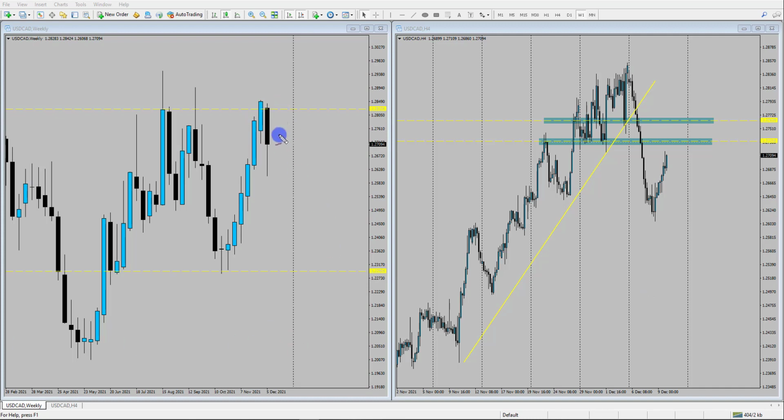Now, if we look at it on the weekly perspective, if price was to drop, where could it go back to? Well, it could go back to the 123 sort of level, which is this low just through here. It could come a little bit shorter than that. It could come up to around about 124.50. But either way, it looks like we are going to see the market push a little bit lower. If that's the case, the 4 hours should develop a downward trend.